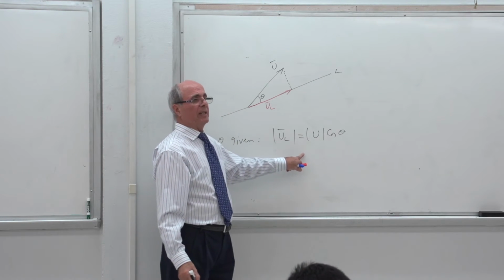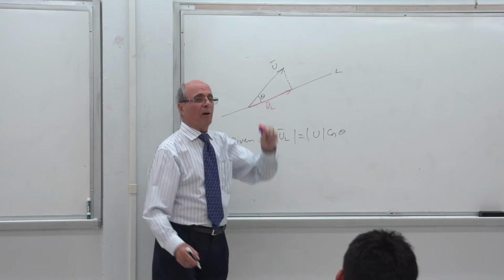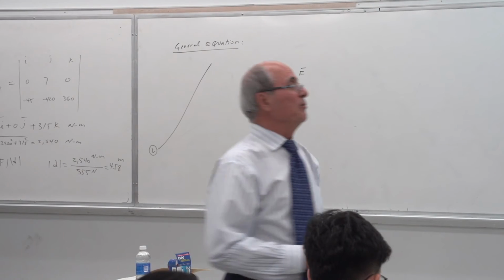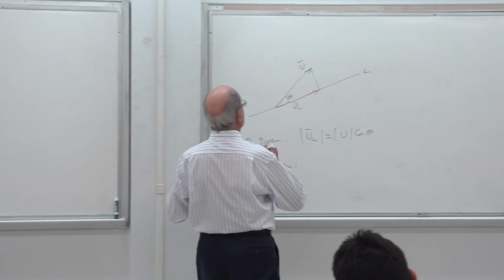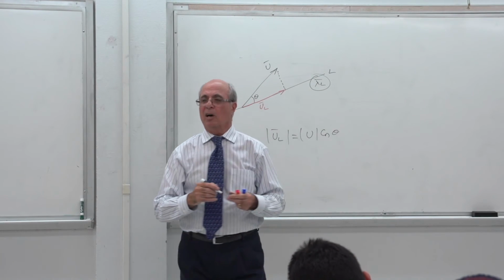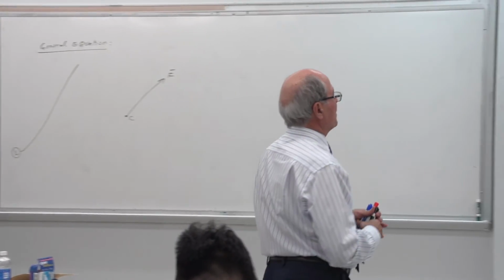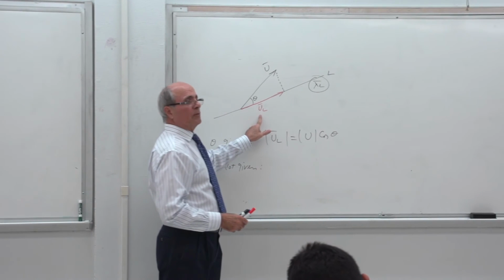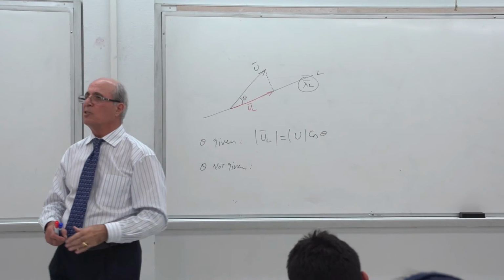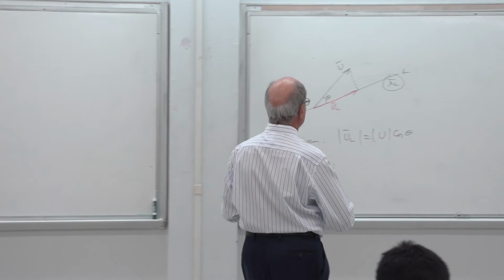Let's say that for whatever reason, theta is not given. Everybody agrees that this is the projection of this force over line L, yes or no? However, how do you define a line? Two points or lambda, yes or no? So when we say a line is given, in effect, you can see two points here and here give you lambda L. So let's assume the lambda of the line is given. Okay, one more time. This is the magnitude of U. What's the direction of UL? The direction of UL is along L, which is lambda L. Is that correct?